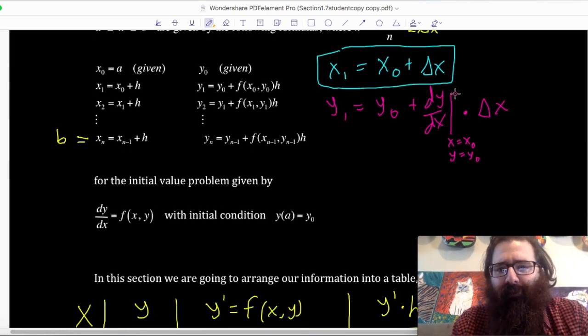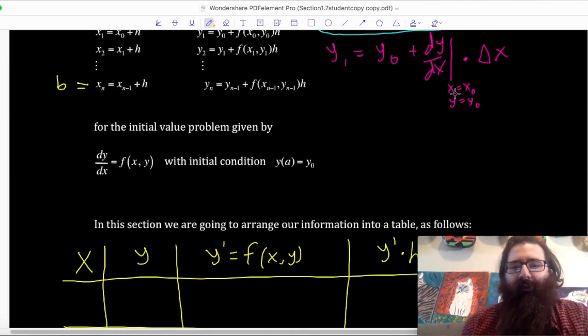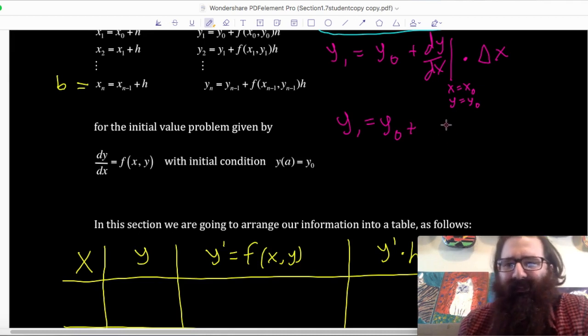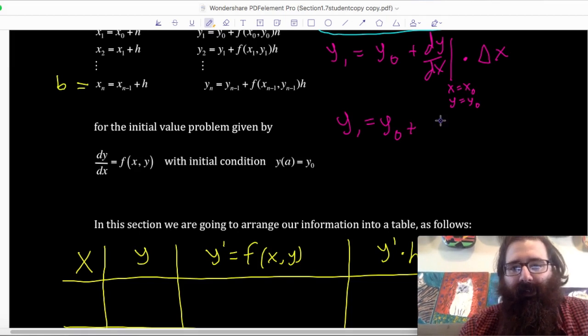So if I try to think about this in a generic way, we have that y sub 1 is equal to y sub 0 plus dy over dx. That's not really the same as delta y over delta x, but they have, I think, some similar ideas. We think about dy over dx as an infinitesimally small change in y and x. We also think about these as being continuous, whereas delta x and delta y would be more of a discrete version of those. But if I try to think about this in a different color, so you know that I'm getting kind of sketchy with my notation here,